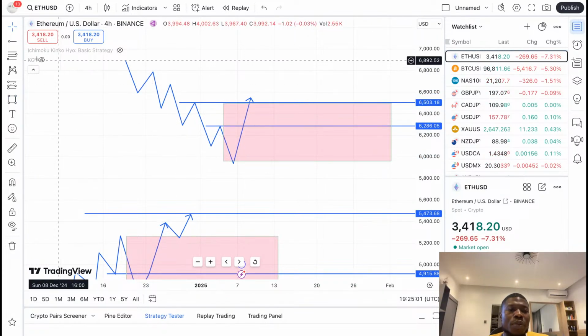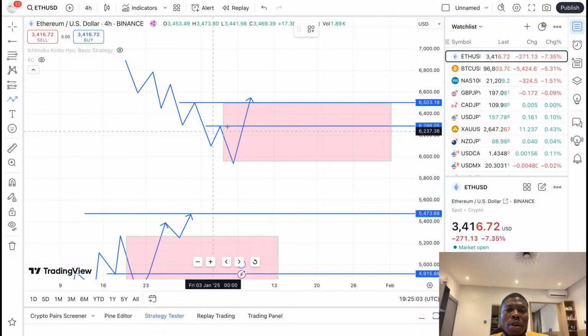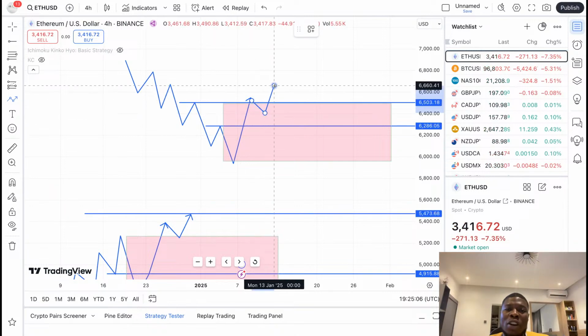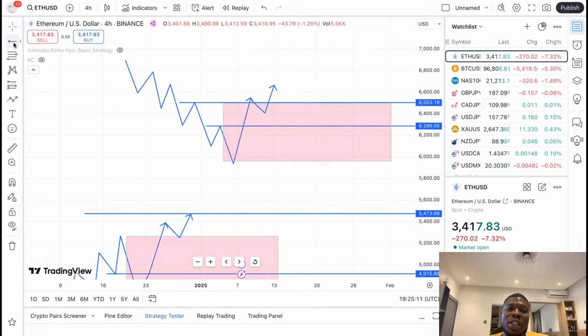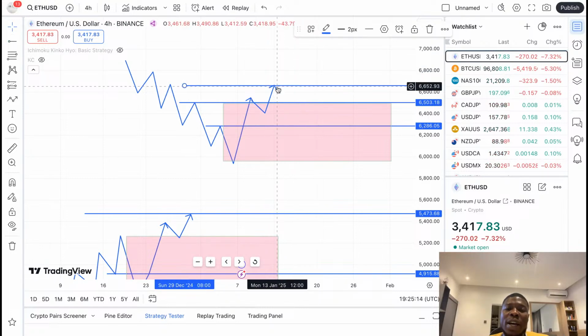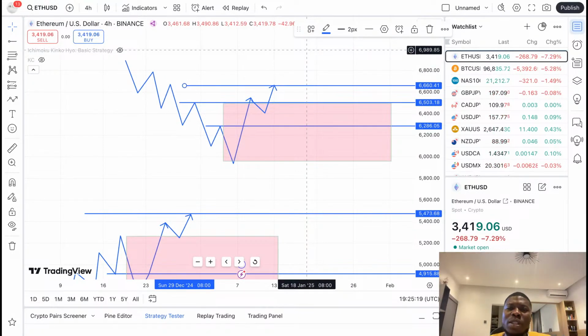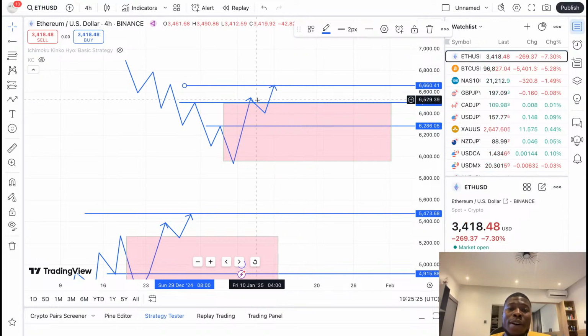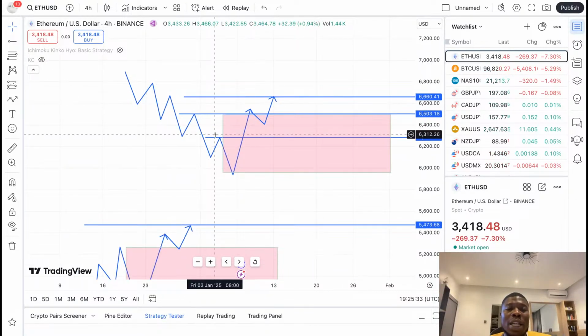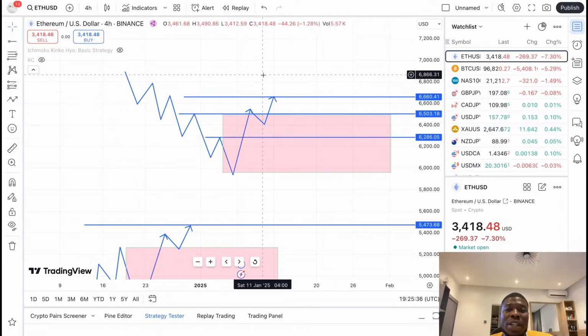Right now, if this market pulls back and makes another high, this is the high you will be considering for any trending strategy you want to use. From this area, the market will fully start going up. So you find out that most times it's you not having patience to confirm the market you are on that makes you always lose. If you see a pattern and draw it and it didn't work out, just know that you are not using it in the right market.